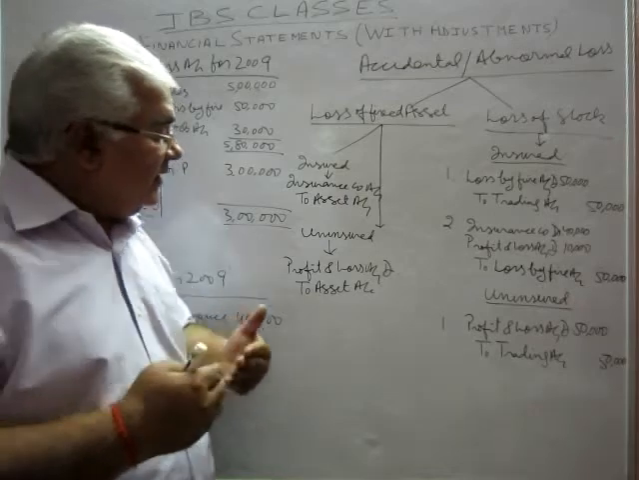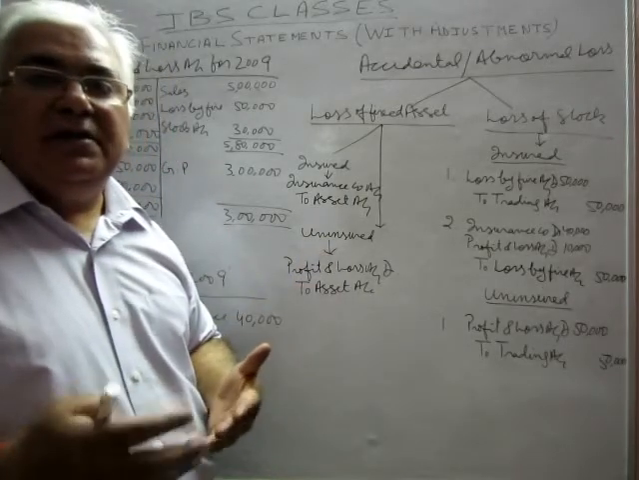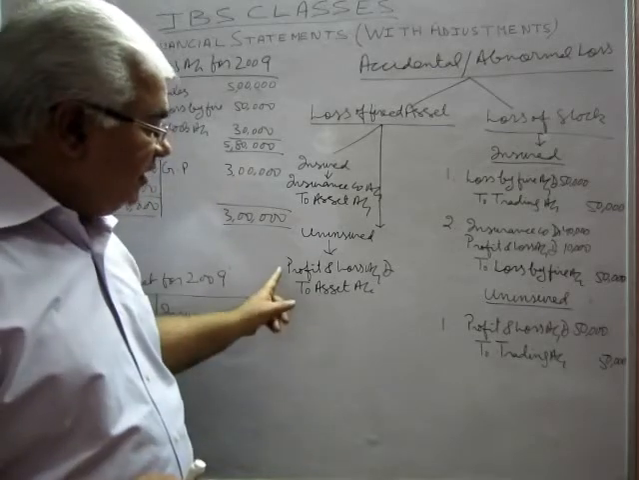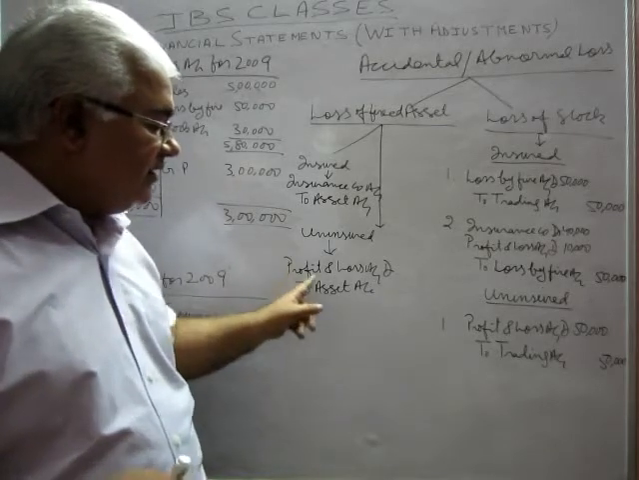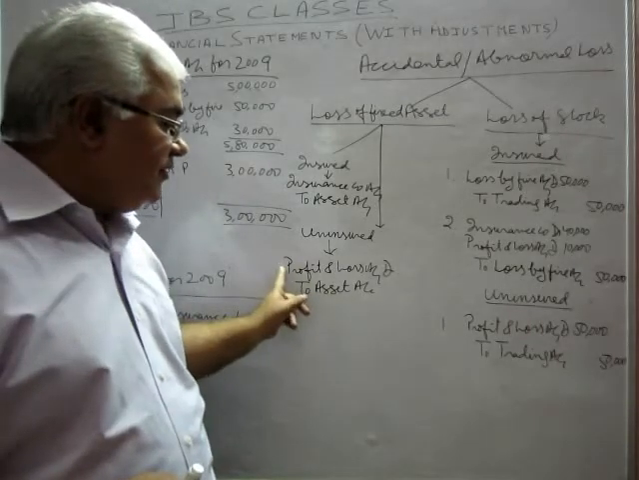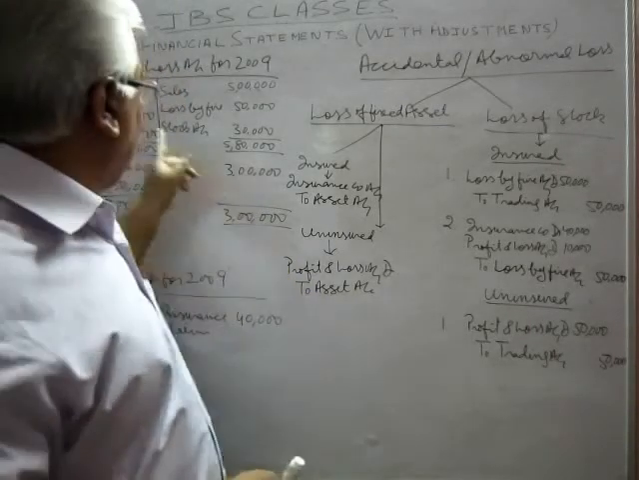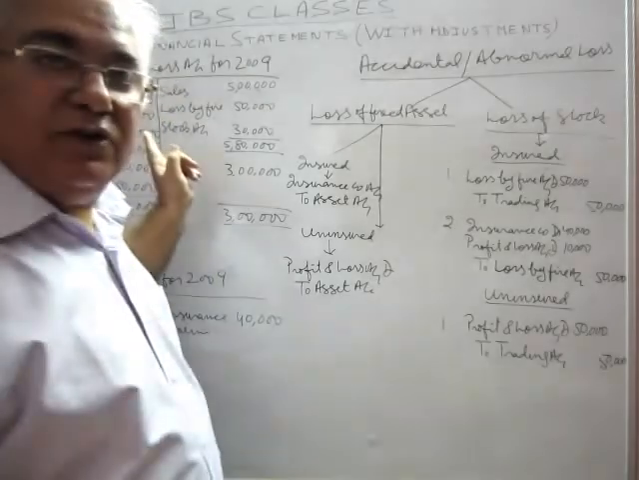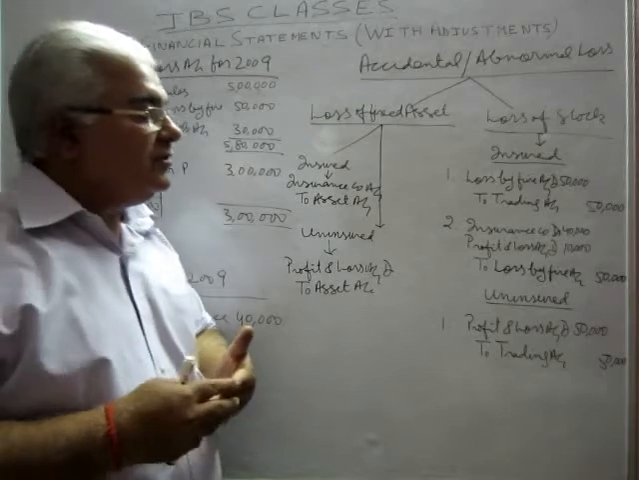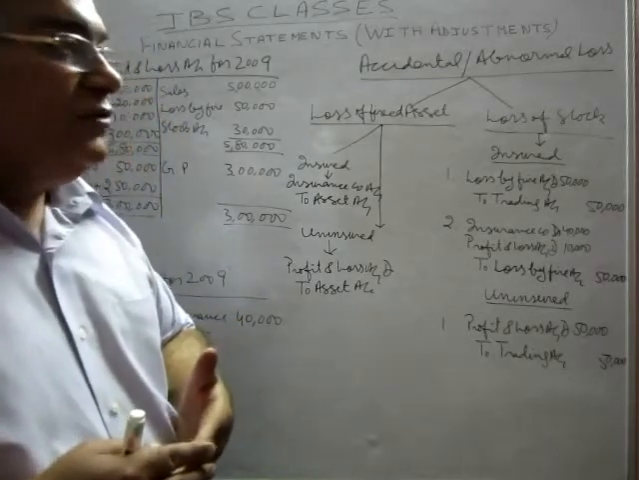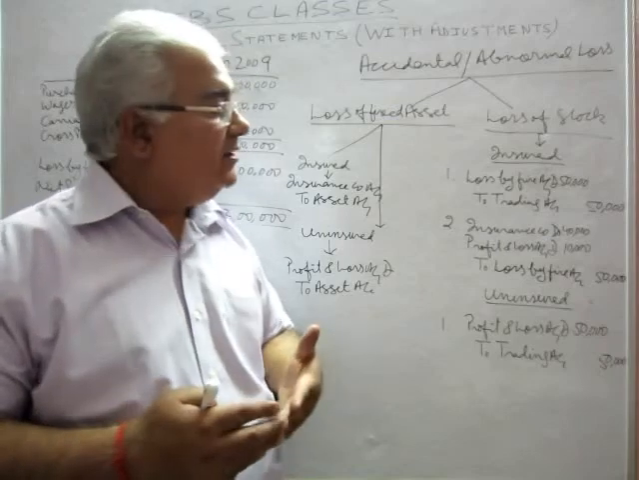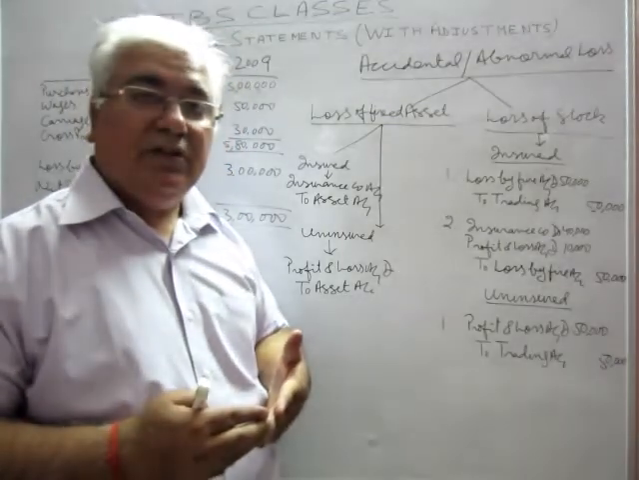Okay? And in case it is uninsured, that means it is our loss. And if it is our loss, then profit and loss account will be debited and the respective asset account will be credited. And this loss will be shown on the debit side of profit and loss account. Okay. Now we talk about loss of stock. If your stock has been lost due to say theft, fire, etc., then if it is insured, then you have to put